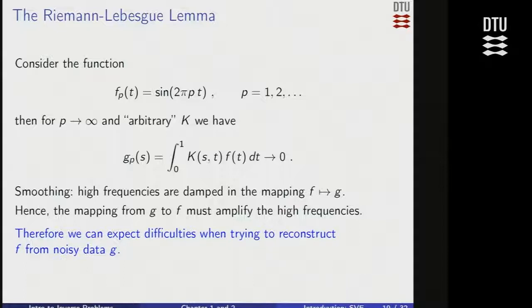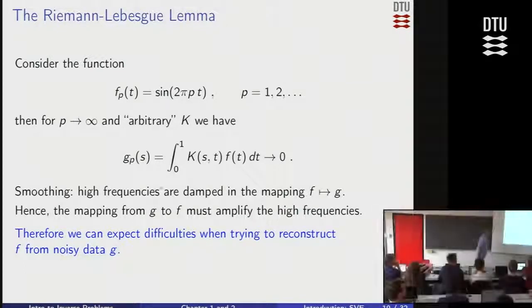Anyway, okay. So let's define these functions here, which is sine of 2πpt. t is our independent variable, and p is an integer, 1, 2, 3, and so on. Of course, we can think of p as defining the frequency. The larger the p, the more oscillations you have, so you say the higher the frequency of that function. Then let's take that function, and there's a misprint in the equation there. It says f, but it should be f_p.